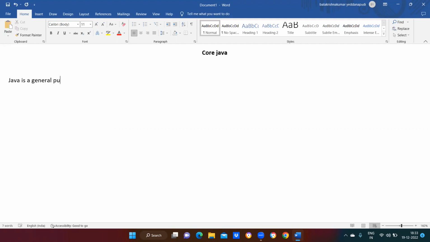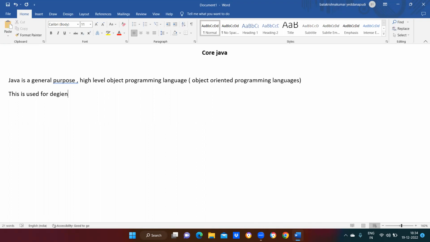General purpose, high level programming language. We can also call it an object oriented programming language. Object oriented programming language is nothing but OOPS. So it is a general purpose, high level programming language, or can also be called an object oriented programming language. This Java is used for designing